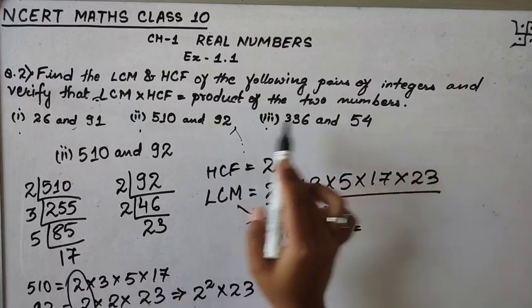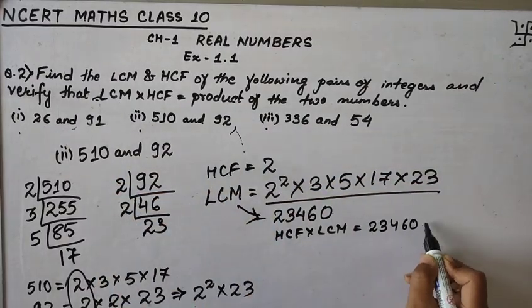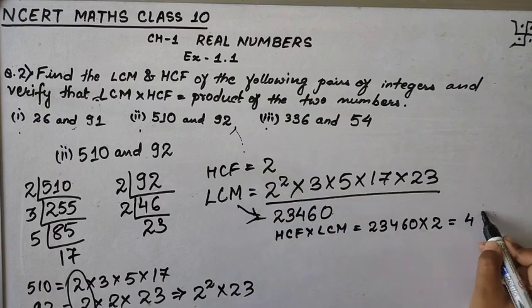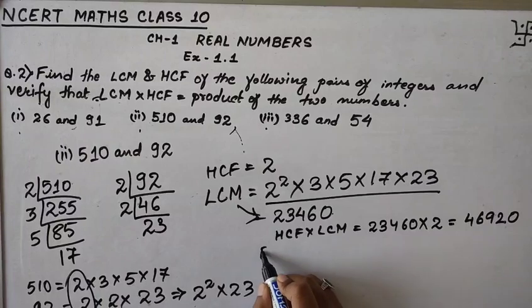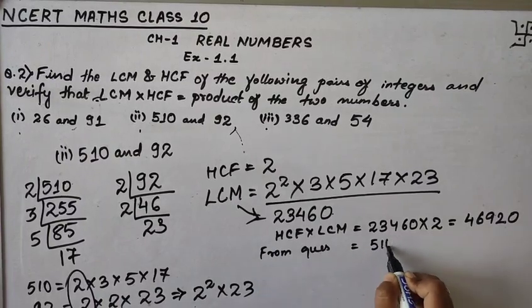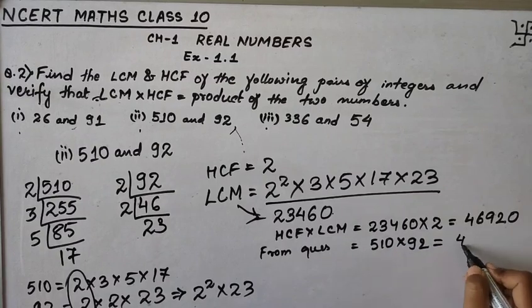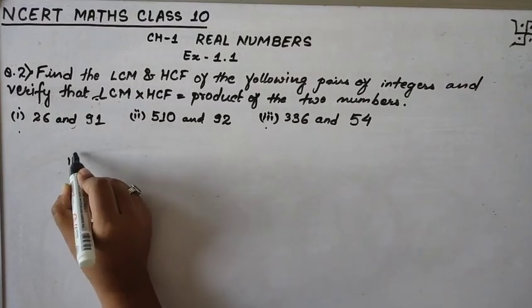Now, if you want to check if the multiplication of HCF and LCM is the same as the product of the two numbers provided in the question, we will see 23460 into 2, which is your HCF, is 46920. Now from the question, 510 into 92 is also 46920. So we verified this as well. Moving on with